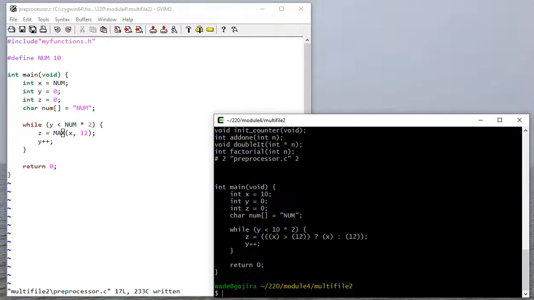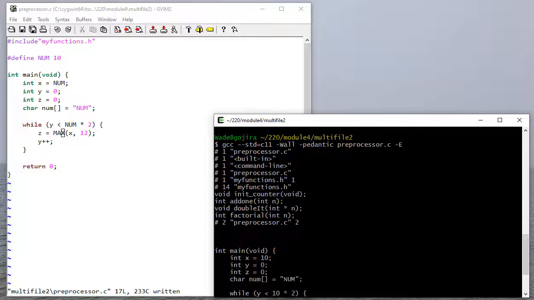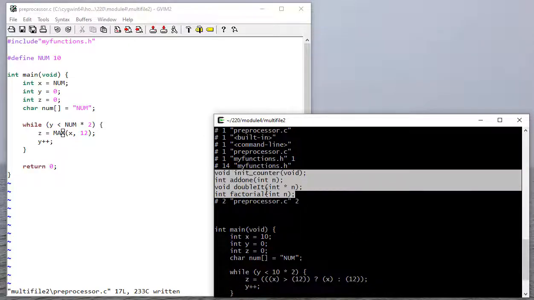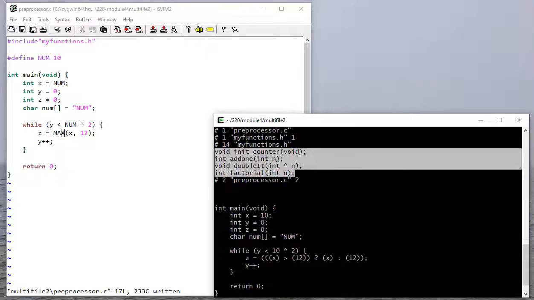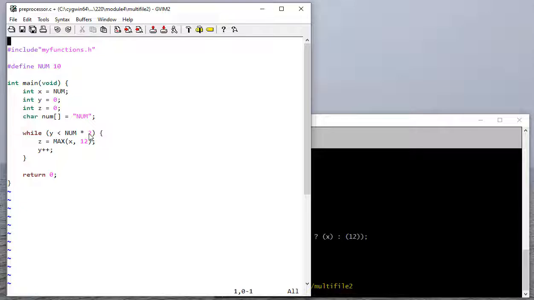So now let's run this again, and you'll notice now max has been replaced by that macro we defined in my functions. So you don't see those defines anywhere in the output here, but notice you do see the forward declarations that appear in myfunctions.h. Now if we include printf, or I'm sorry, standard io.h to do a printf,